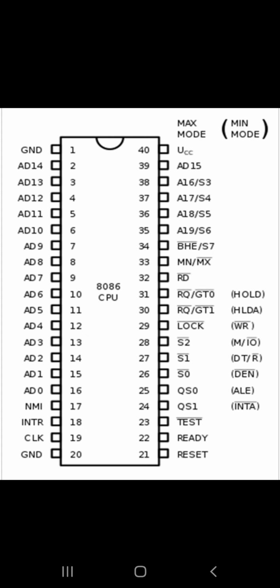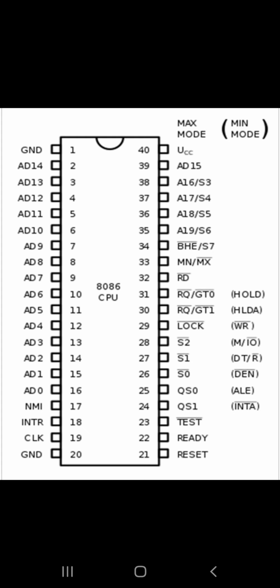The next pin is the 21st pin, that is the reset pin, right? So what is a reset pin? You already know, if you are resetting the 8086, you have to give a signal to the 8086, which will tell it that the user has requested a reset operation. Reset is also like an interrupt, right? You can see it is an active high pin, there is no bar on this pin. So if this pin is connected to VCC, this will reset the 8086 microprocessor, right?